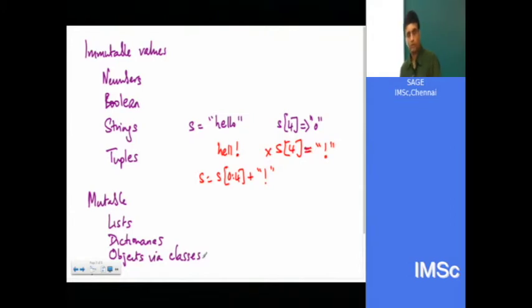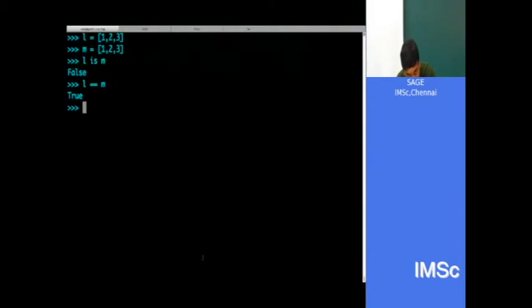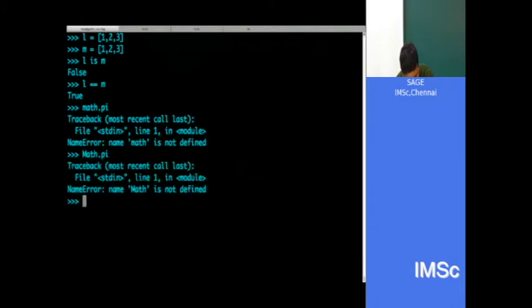Is it possible to define an immutable object? I don't know. I'm not sure. If it is, why would you want it? Well, you might want to prevent somebody from changing it. For example, math.py is an example, right? I would not like people to change it, but you shouldn't use the hidden things, right? How do I say math.py? I always do this, math with lowercase math should be